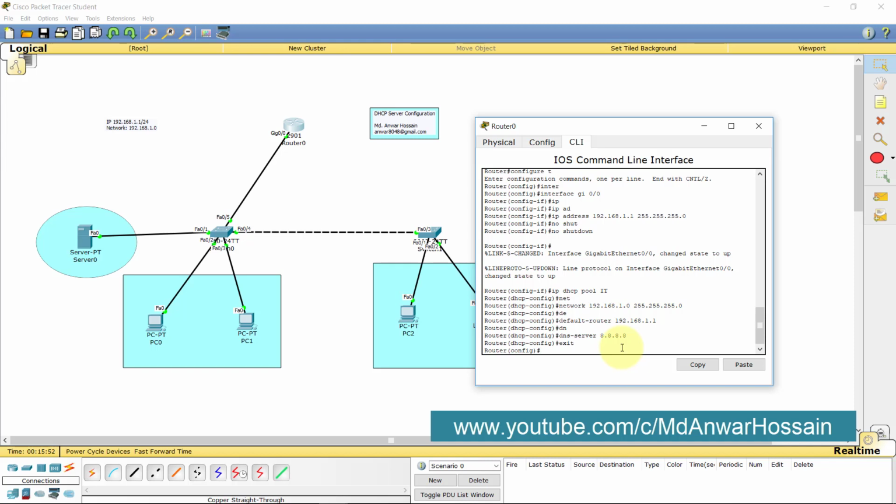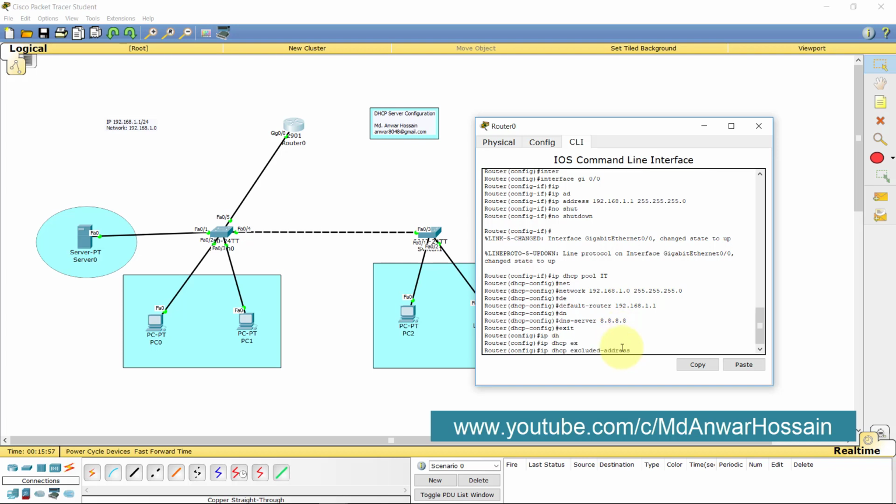So the command is ip dhcp excluded-address from IP address 192.168.1.2 to 192.168.1.20. This range we are reserving to assign static IPs to the server, printer or IP phone.